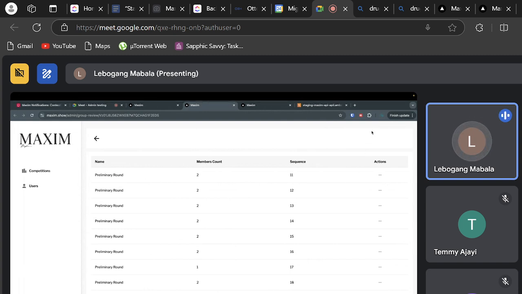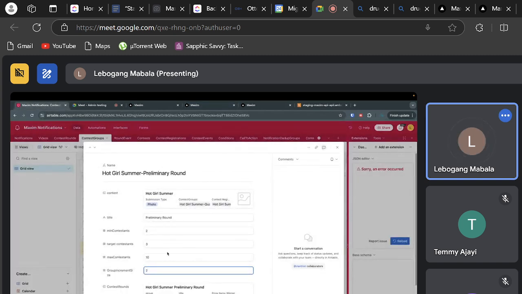With the next release, you should see a button here to match the groups as well. So when you match them, it should create groups of about. So max contestants for preliminary round is 10. Main contestants is 2. This seems a bit weird.